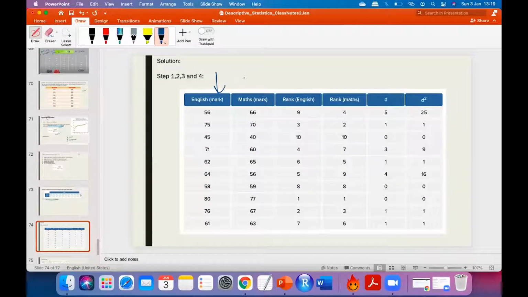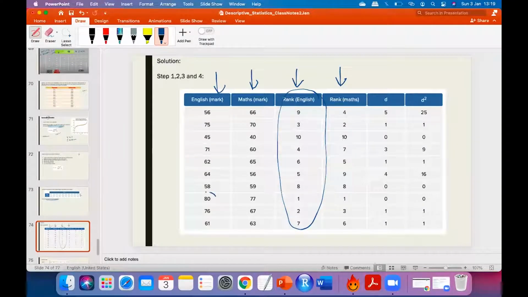This is my English mark. I have just put it in column format. Now see here, these two. Don't go and look into other columns. First, let's see the rank of the English. What I'm doing is ranking the maximum mark as 1. That is how we rank, correct? What is the second highest? 76. So I'm ranking it as 2. Similarly, 3, 4, 5, 6, 7, 8, 9, 10. Let's say 10 students are there. So I have these ranks.